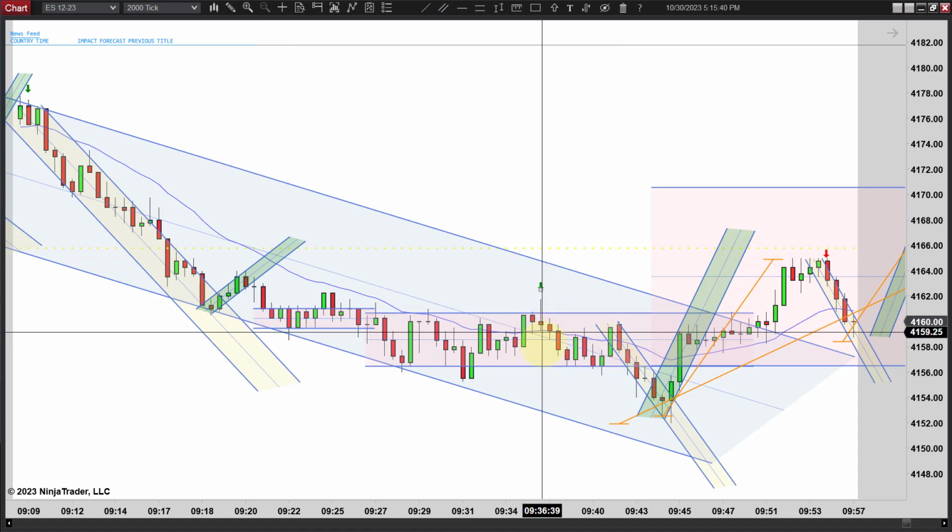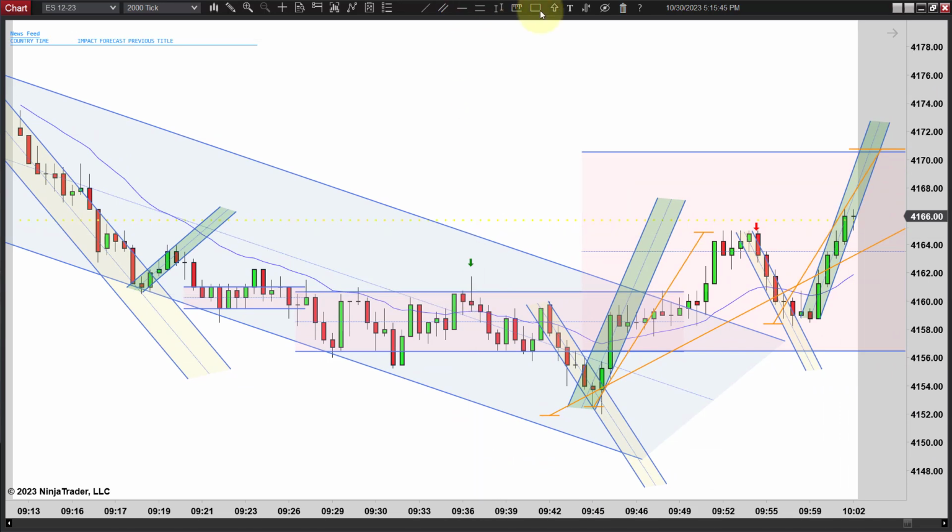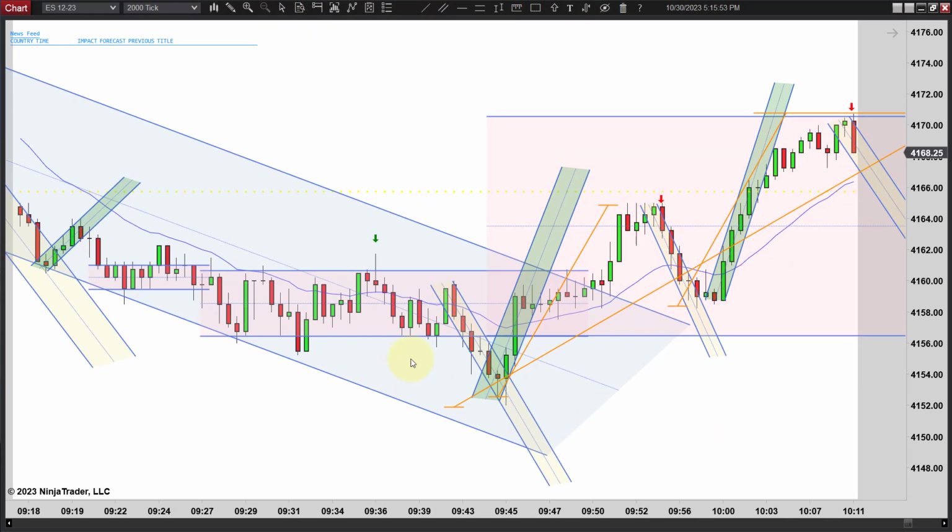We did get on the other side, but you'll see that occasionally it's still turned down. But it's a little risky because we could be headed back to the trend line, and so you might get trapped there. So I marked it green, but I'm not crazy about it. But it's a possibility. I don't think you want to go long yet. And even though you got some setups on these failed breakouts here, I don't think you want to trade that.